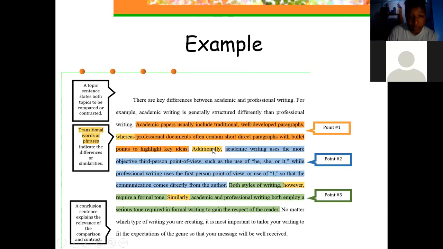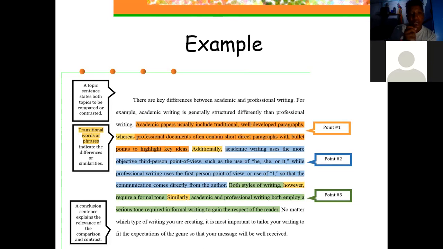As you can see, in this paragraph we use two transitional words and phrases to indicate the difference, right? In the second point, it's important to